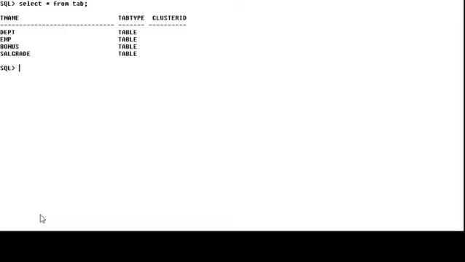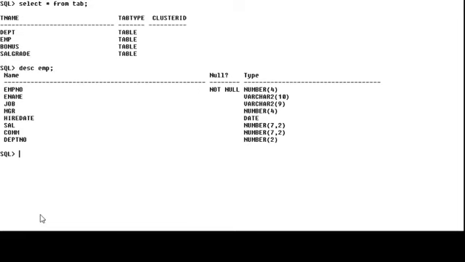Suppose I want to display, first we check DESC EMP. Now I want to display only the employee number and name from the table, meaning 2 columns. We can write select EMPNO comma ENAME from EMP.